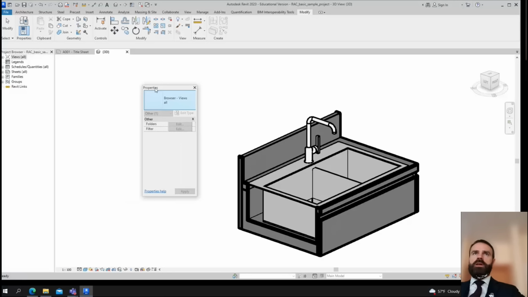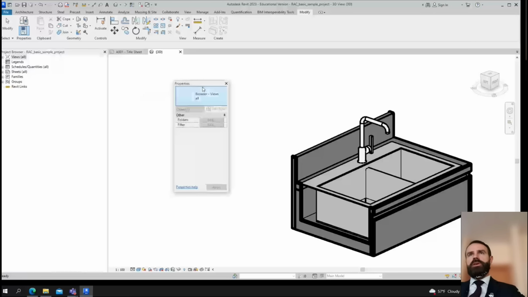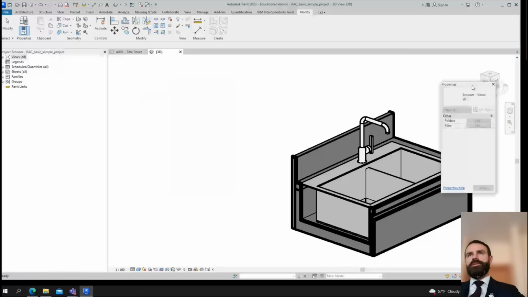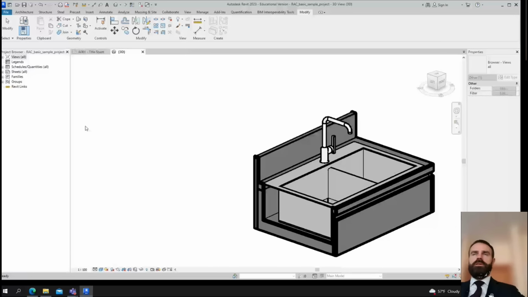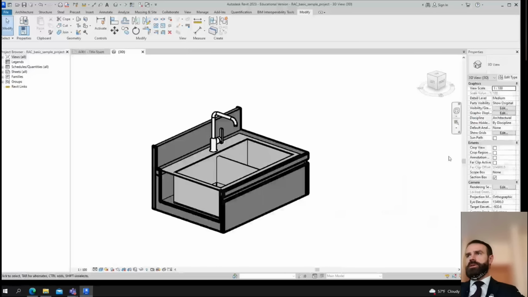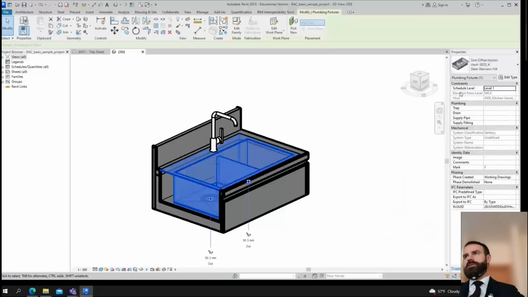Now properties. I like to put properties on this location. Some of my colleagues like to put properties on the right side. So it depends which version you want. And properties also is good to have a lot of area, because if you select object, it has a lot